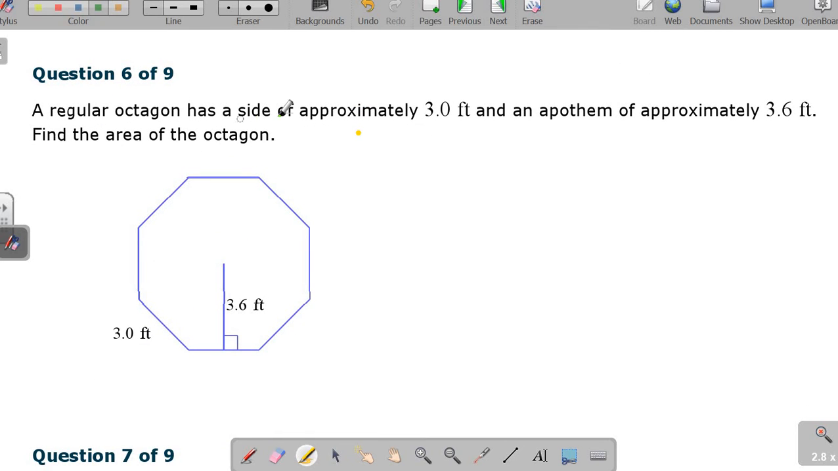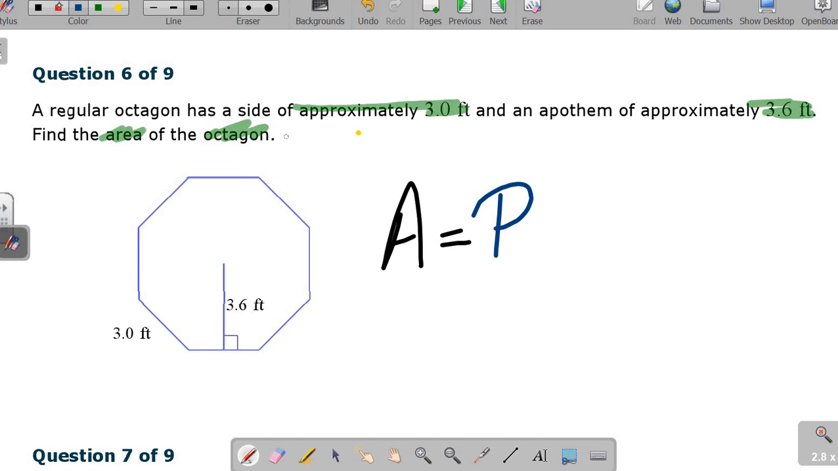A regular octagon has a side length of approximately 3 feet and an apothem of 3.6. Find the area of the octagon. Area of an octagon, or any regular polygon, the key word here is the fact that it is regular, is going to be perimeter times apothem